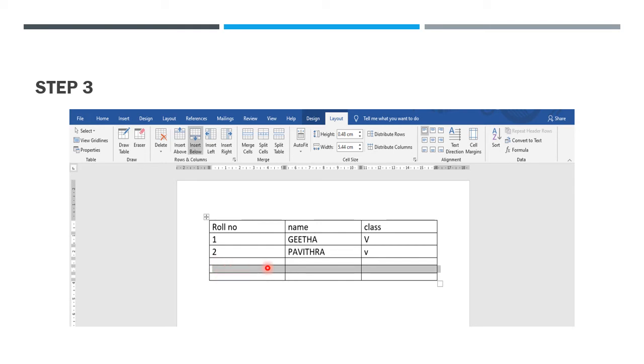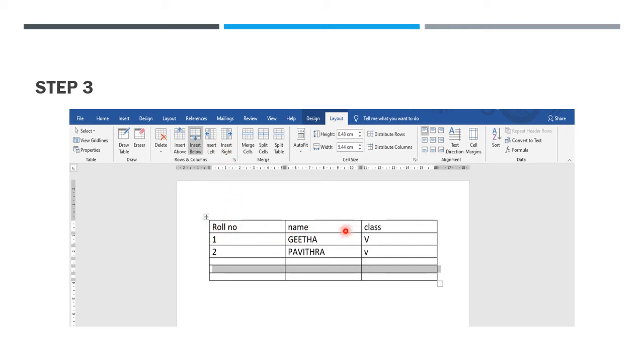Now you understand, students, how to add a column or a row in the table. Okay, so I repeat: if you want to add a column, first select Insert Right or Insert Left. So this is your column.